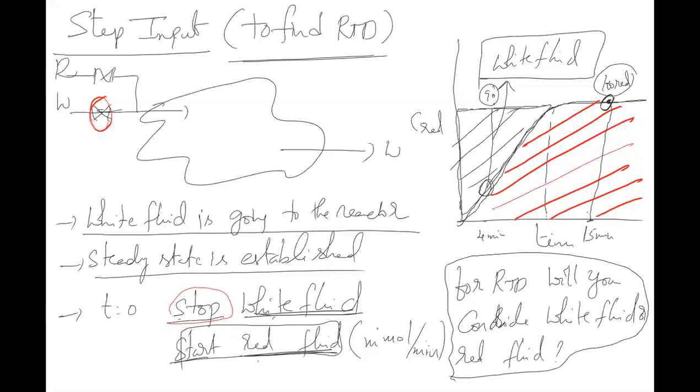So now here in the step experiment, your white fluid will become a pulse. Your red is continuously going, no? At time t equal to 0, you stop the white fluid. That means you are continuously injecting the red fluid. Then what is the pulse? The bunch of particles which you have added at time t equal to 0, which is the white fluid. So that is why you concentrate on the white fluid only here, not the red fluid.